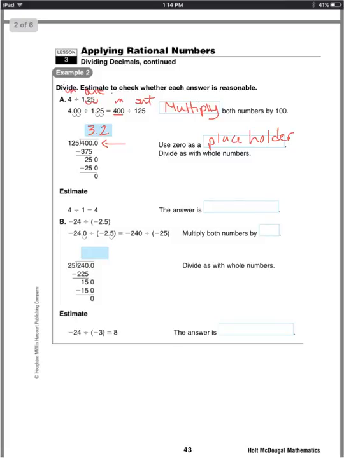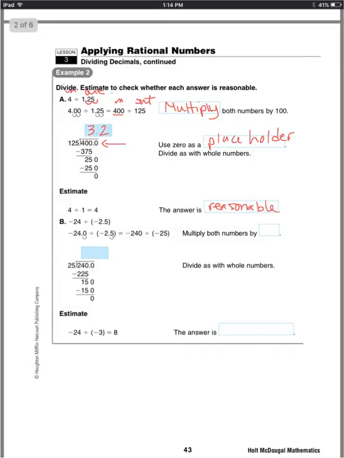Okay, then we're going to estimate 4. You don't have to estimate 4 because it's already a whole number. 1.25 rounds to 1. 4 divided by 1 is 4, so the answer is reasonable. Okay, and B,